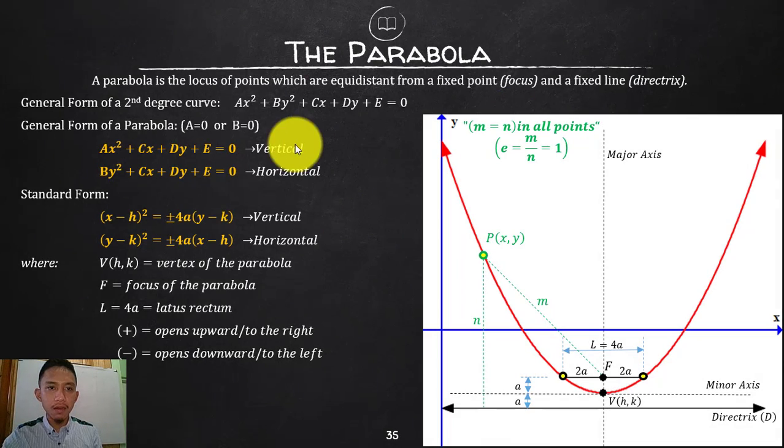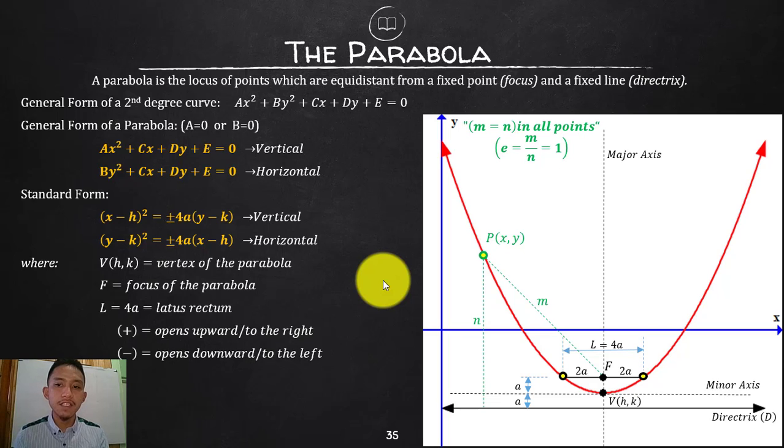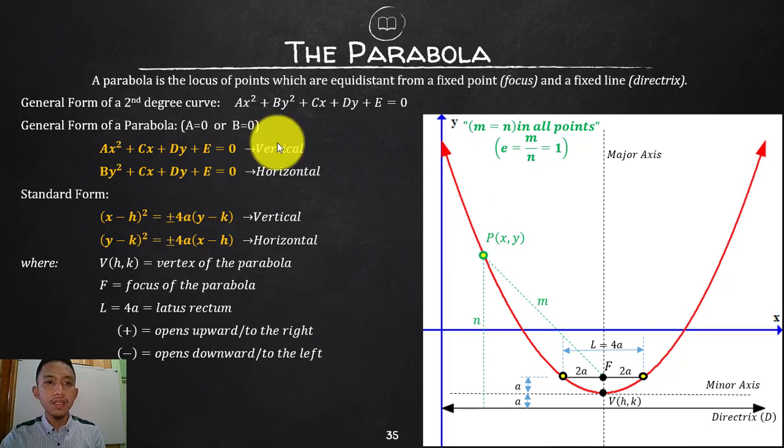So let's start with your parabola. A parabola is the locus of points which are equidistant from a fixed point, the focus, and a fixed line, the directrix. As I explained a while ago in the previous slide, the ratio, since it says there that a parabola